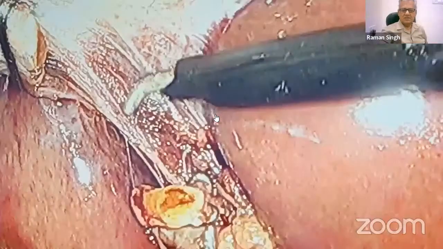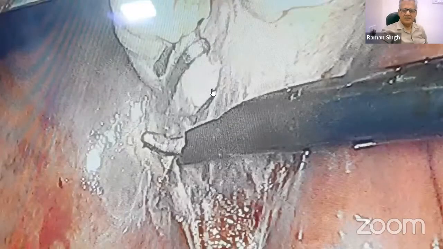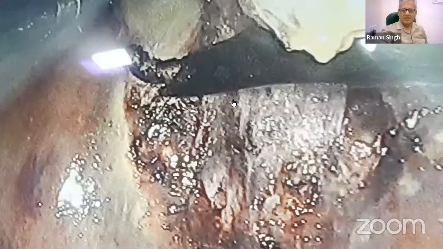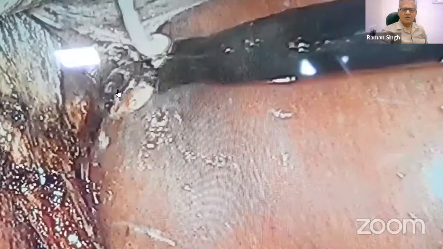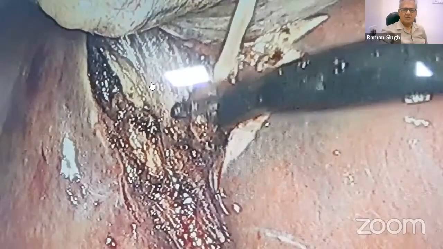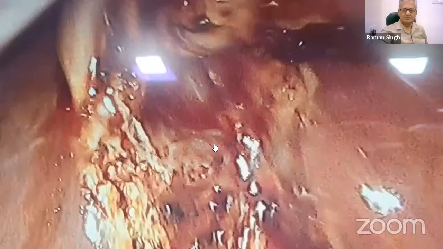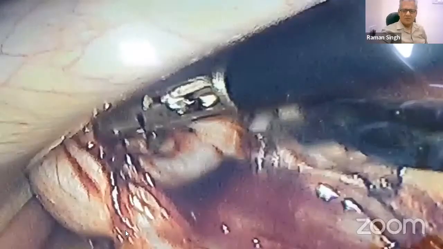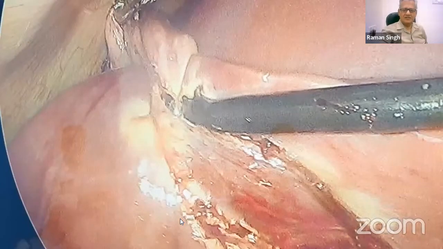This L-hook is introduced in the first working port, and the attachment of the gallbladder is separated gradually. We use the back of the hook cautery, as you told. This helps to coagulate and cut the tissue. Gradually, the gallbladder is separated from the gallbladder fossa by dividing the attachment, that is usually the peritoneal fold. Because this was a simple case, there were not many adhesions over there. After removing the gallbladder, we suck these fluids